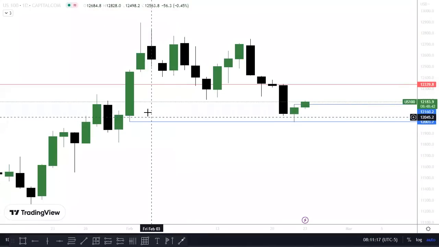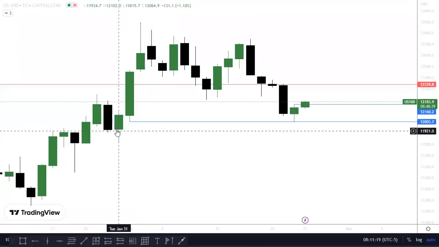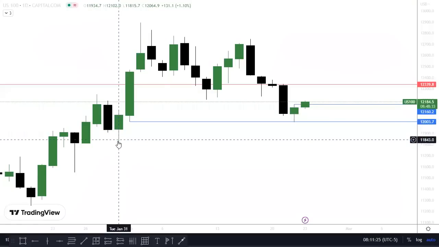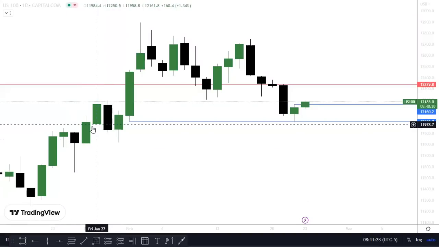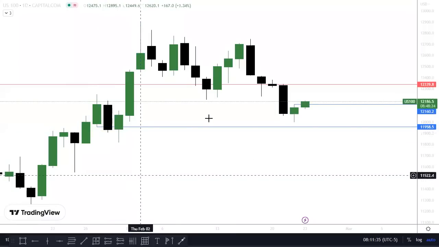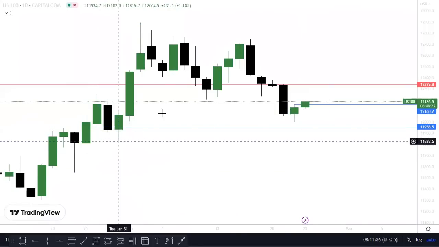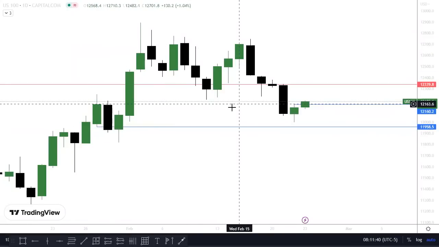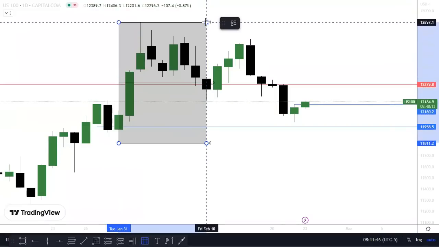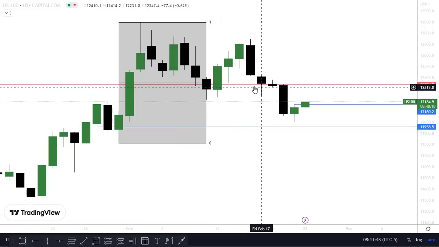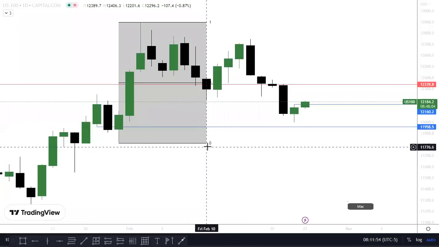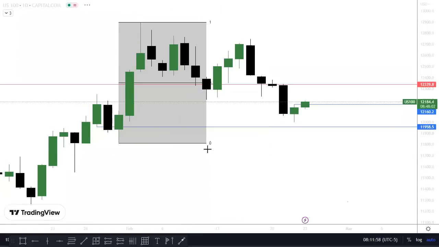And I move lower for my next drawn liquidity. This guy took out this low, so not looking at this to be the draw. This dipped into an old order block coupled with a fair value gap. So I'd be looking at that low as the next drawn liquidity, which is the high of the fair value gap. The range that we're trading in is going to be from this low to that high. Equilibrium is roughly about the weekly open. That's all I need from the daily chart. And I immediately jump to M5.